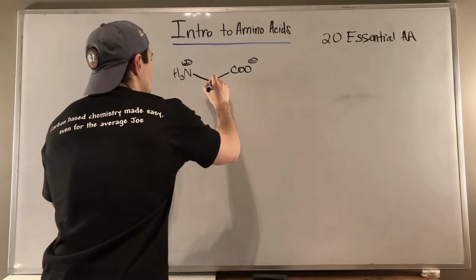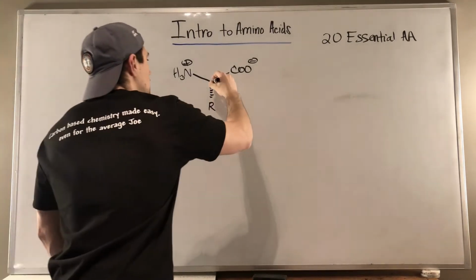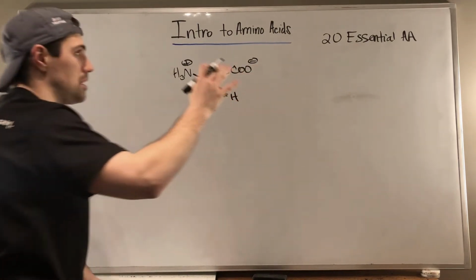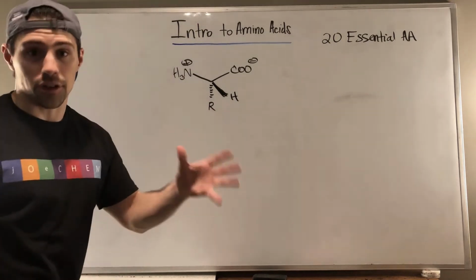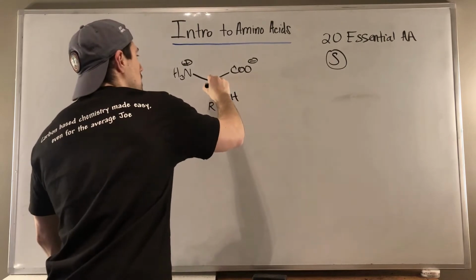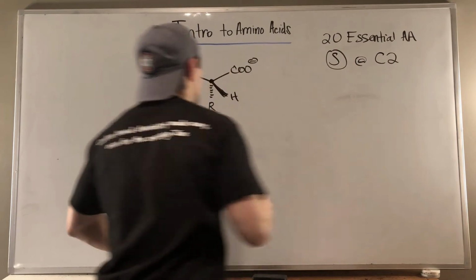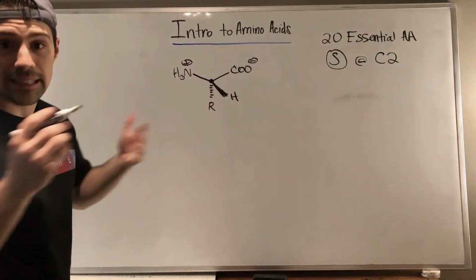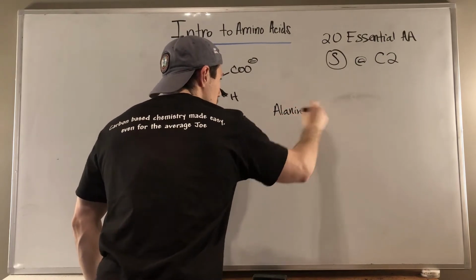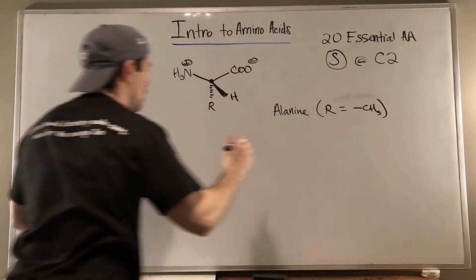So if we take a look at this, I'm using this R right here, but it's important to note that essential amino acids in nature exist with an S stereogenic configuration at carbon 2. So if you draw an amino acid, for example, let's draw alanine. And alanine is just, the R group is a CH3. So if I'm going to draw alanine,